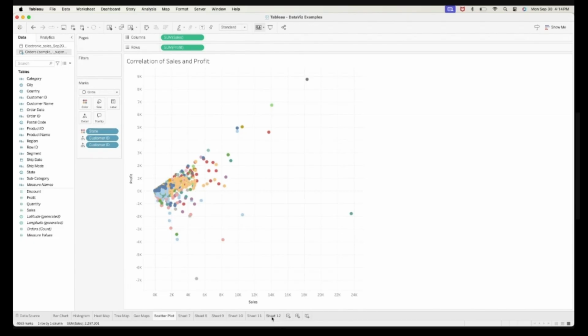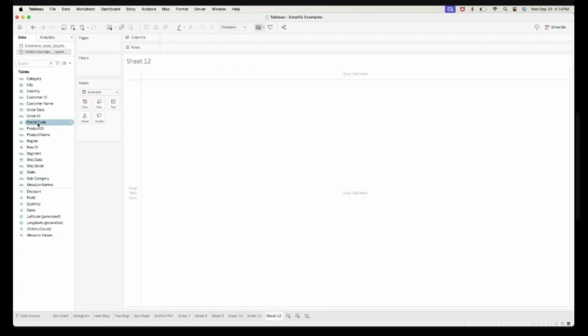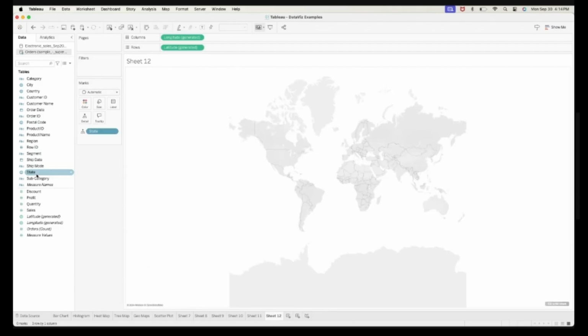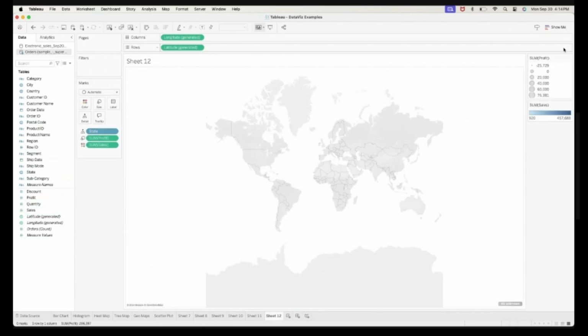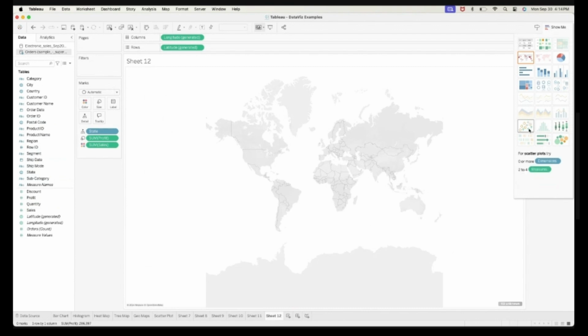So we have, again, dimension would be your state. State, let's have that. And then your sales. So we have your sales and we have your profit. So it should be scatter plot.